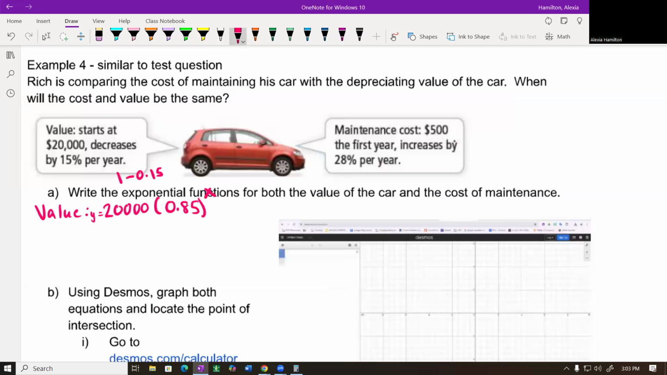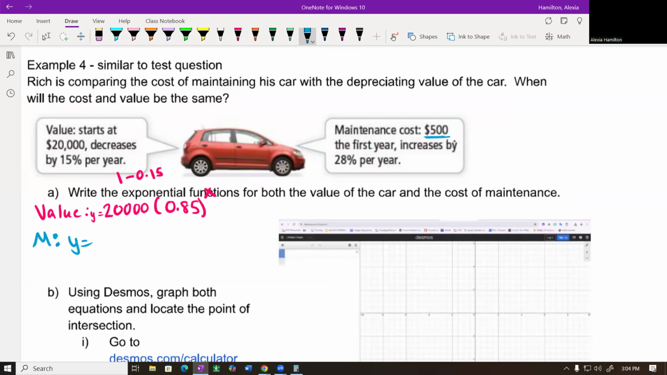Raised to the x because I don't know what it is. Then I have my maintenance function. If I can spell, how about I just call it the m function because I don't want to spell all of that. Y is equal to